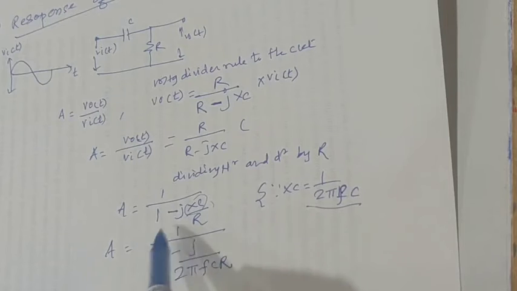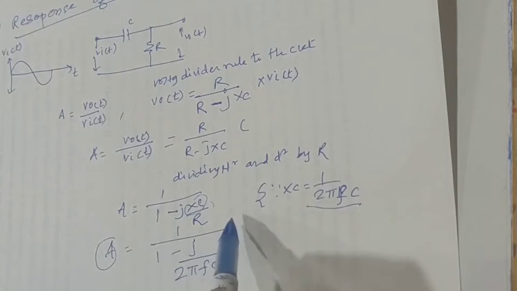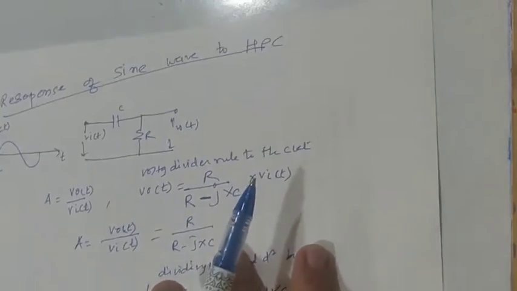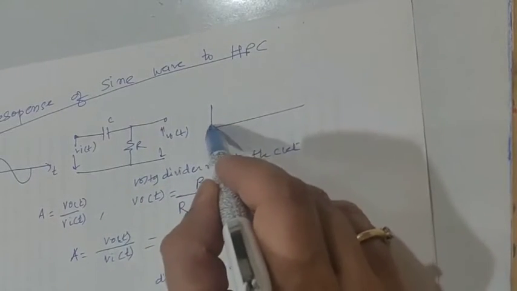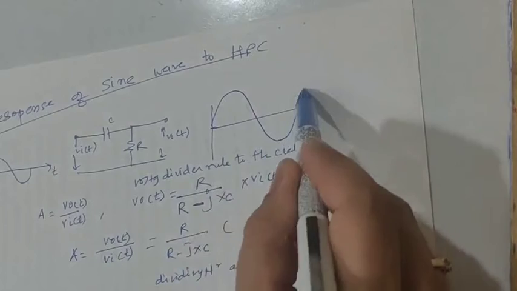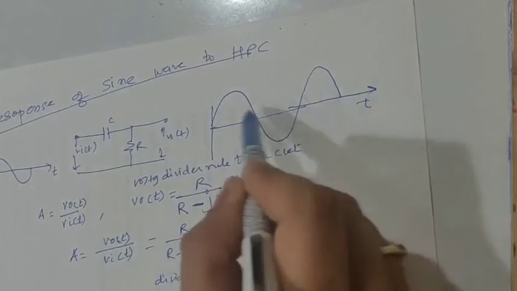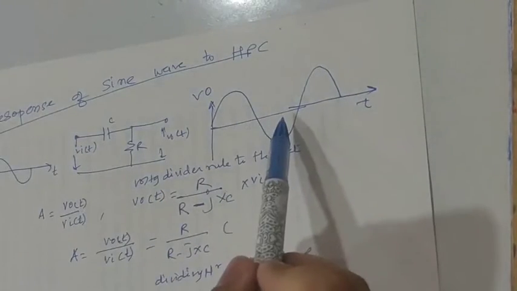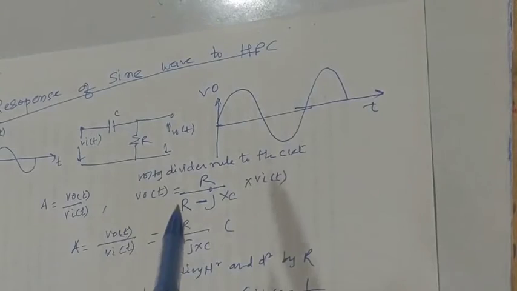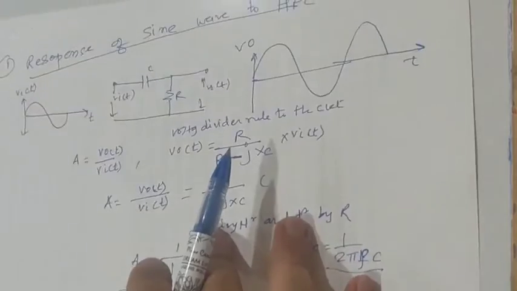So you can find that this is not coming out to be 0, but we have some value for A. So by this, the input is going to be multiplied to the output. So we will get an amplified waveform, and of course we can find the phase angle also. So I will be getting a sinusoidal wave only, but the amplitude is going to be increased. Remember this.